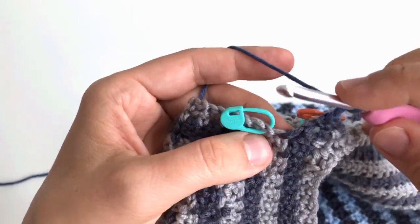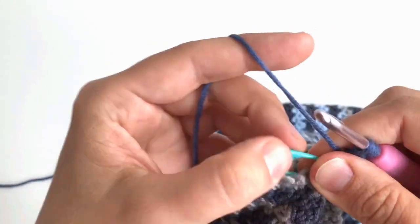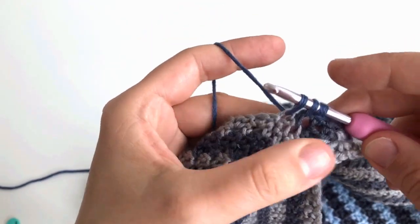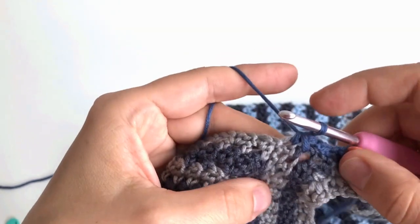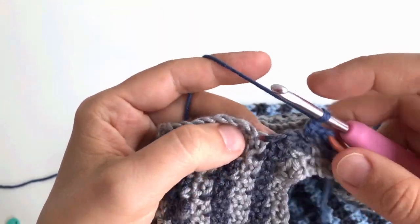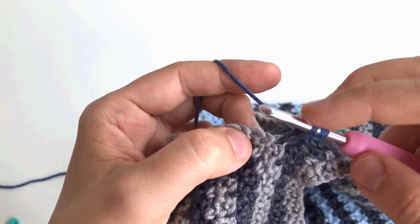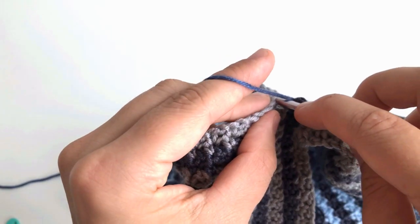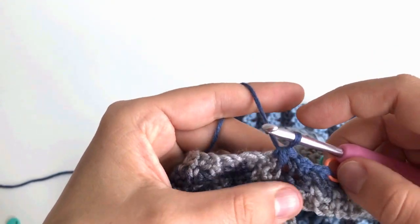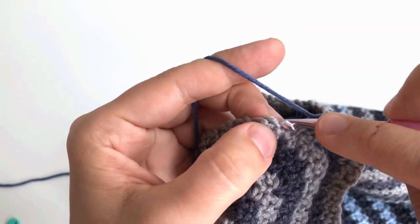So we chain 1, skip the space, and then we make a decrease by working single crochet 2 together. I will move away this marker. So we skip the space which was marked. We have 3 loops on the hook and we close them. This is the decrease. I will show you once again with the yarn. You chain 1, skip the space, you insert the hook, yarn over, draw up a loop, don't do anything, then skip the next space, insert the hook into the next single crochet, yarn over, draw up a loop, you have 3 loops on the hook and you close them together. So this is the next stitch, and then you continue with the same stitch pattern